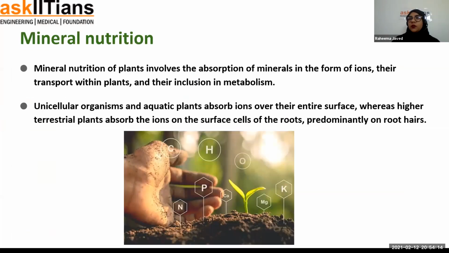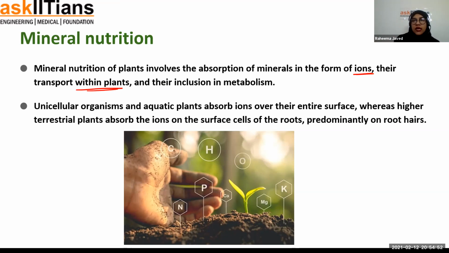What do you understand when you read this mineral nutrition? Read this phrase. Mineral nutrition involves the absorption of specific mineral ions, I mean, in the form of ions, and their transport within the plants and their inclusion in the metabolism. After they are absorbed by the plants, they are used up by the plants during photosynthesis process, during respiration process,